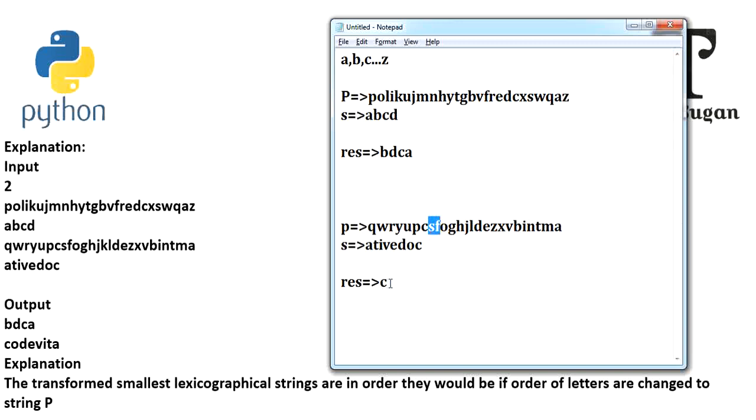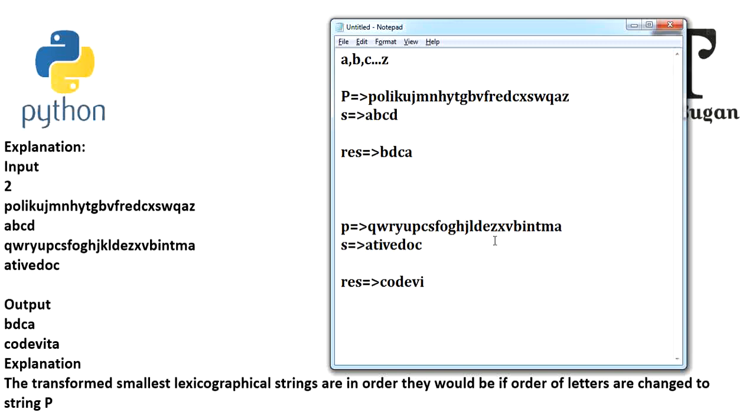The next common element is O. After this, G, H, J, L are not there, and the next elements are D and E, so let me write these two. After this, Z, X are not there, V is there, so I am supposed to write V. And next, B is not there, I is there.